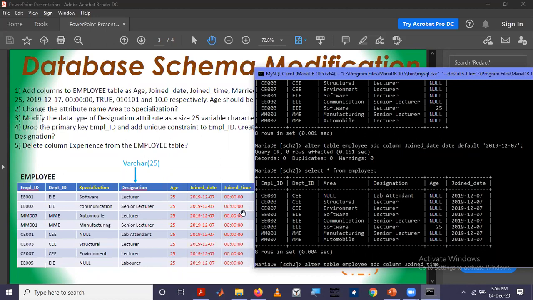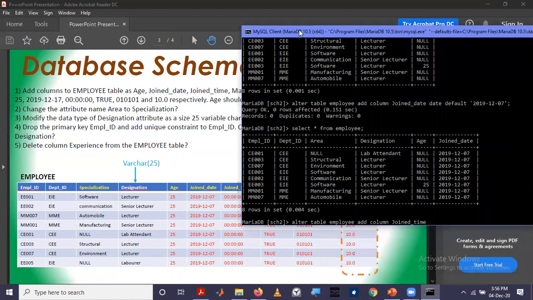In SQL, there is a separate data type for time, called time. Time is the data type here. And we are going to declare this default value.